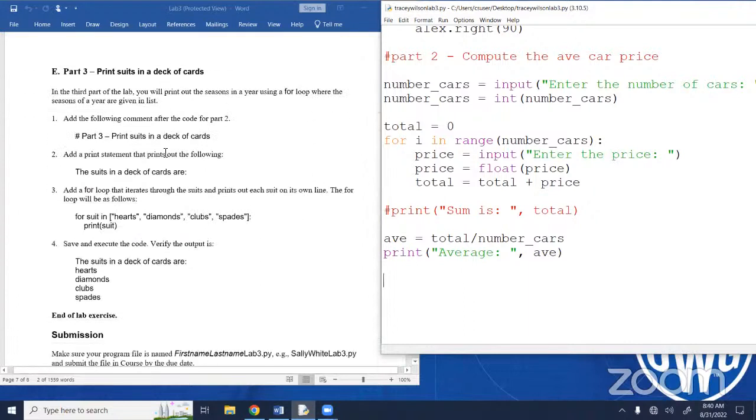So we're now down to part 3. Part 3 wants us to print the suits in a deck of cards. And we give you a list of the suits. So hearts, diamonds, clubs, spades. And you're just going to print them out. Right? So we are going to